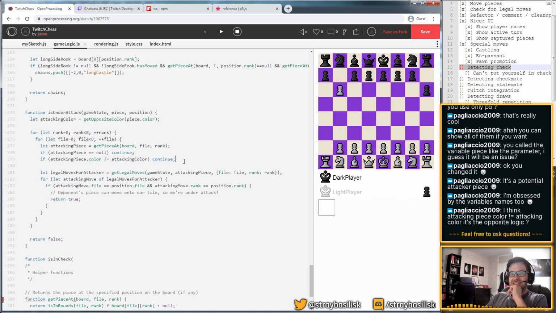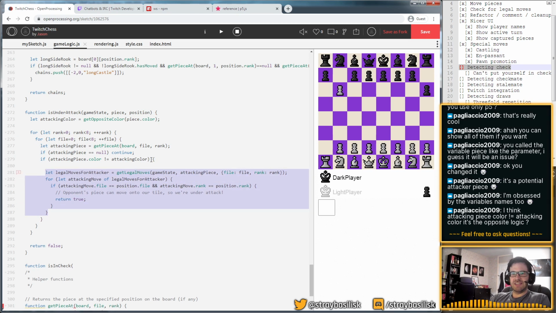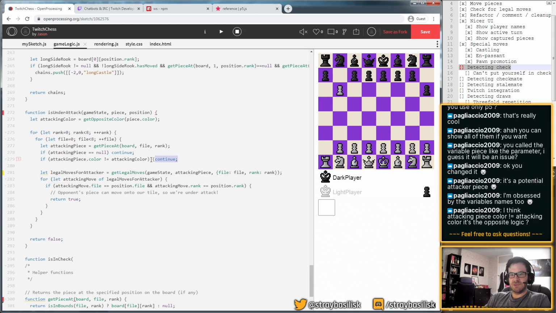Yeah, so what I do, again, this is my preference, is if it's not of that color, then I continue, meaning that I skip that piece. So if I'd have just done this in an if, then that'd be exactly right. But I prefer not to nest stuff, and I'd rather just bail out of a loop or a function. So this is generally the way I do that. So I think this is right.